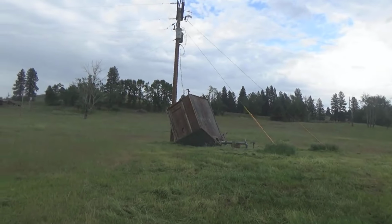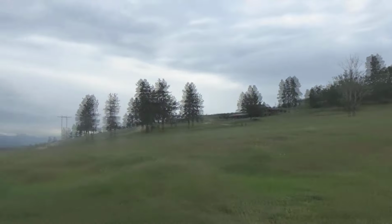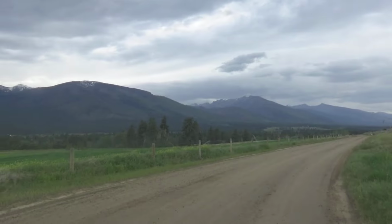Go home building, you're drunk. Or maybe that's part of the sculpture garden, or made by the same guy as the sculpture garden. And I wanted to point out here, because we haven't seen it from this angle, we've seen it up close